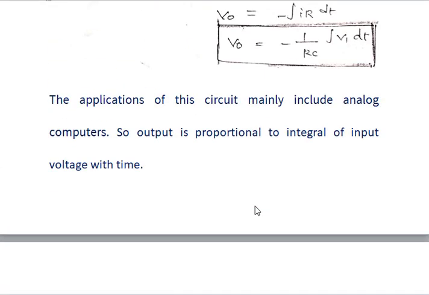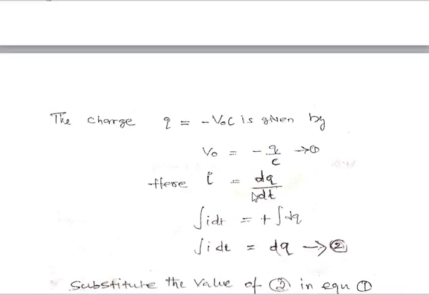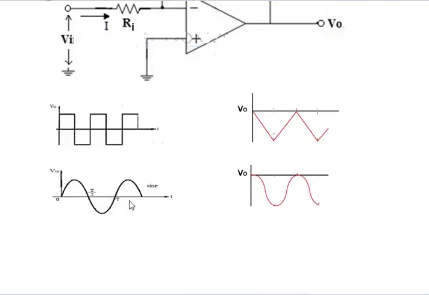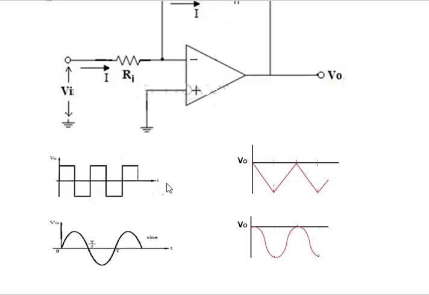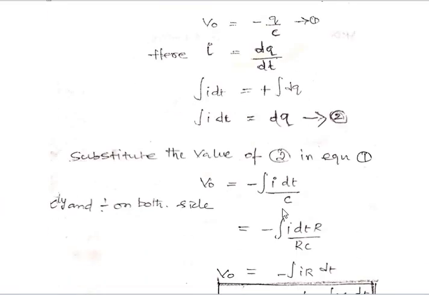Here we are applying a square wave and a sine wave. For the input square wave, we get a triangular output in the integrator circuit. It integrates the square wave and gives the triangular wave here. And for the given sine wave, it shifts the phase, so it gives a cosine wave. Next we see